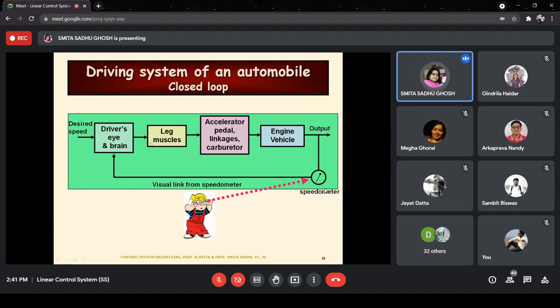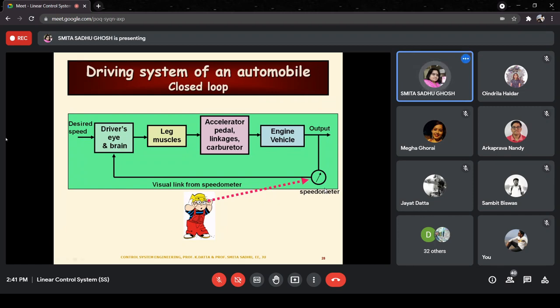Now there is a desired speed that we want. Remember that I told you that we are dealing with a very simplistic model. Only the variation of speed is of interest to us. For the time being, we are not bothered about the directional orientation. We are assuming that it is going to keep on the road and the road is straight and so on. Some assumptions are made that those are not going to influence the model.